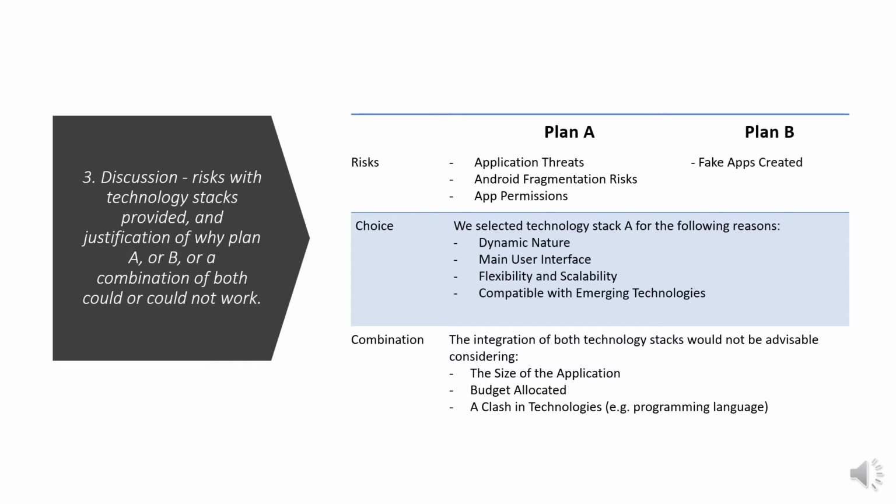Now I'll be discussing both of the plans we have on hand. Among the risks involved in Plan A include application threats, Android fragmentation risks, as well as app permissions. Whereas for Plan B, malware has been built on it before, and with this, even a novice malware author can